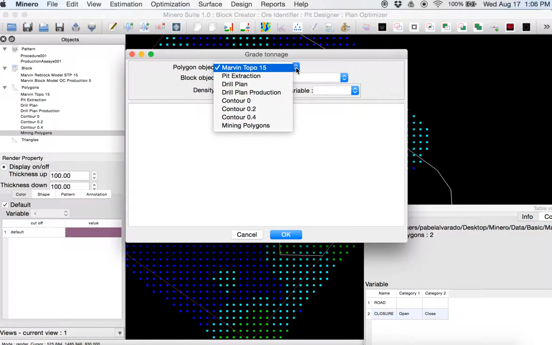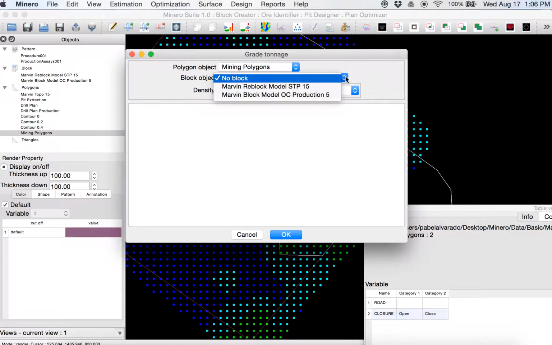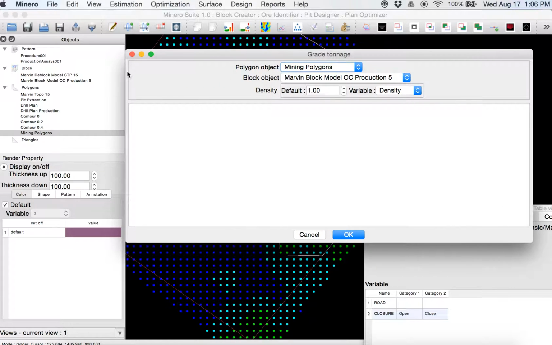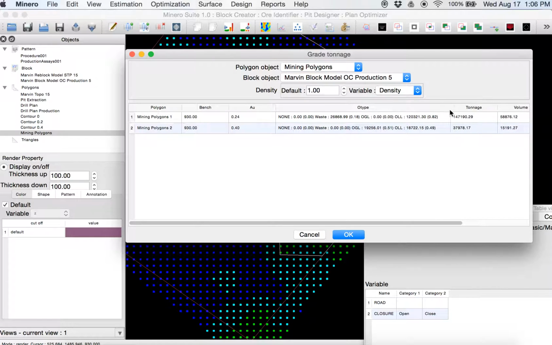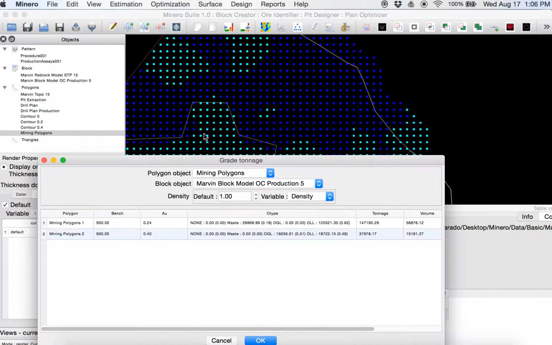destination. So I need to select the polygon object, mining polygon, and select the block model, the ore control production block model, and a density variable in this case. Using this report, we can just run it, and we will get very detailed information. Mining polygon 1, this polygon here,